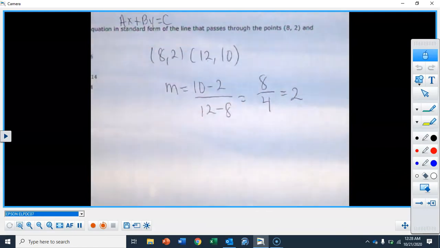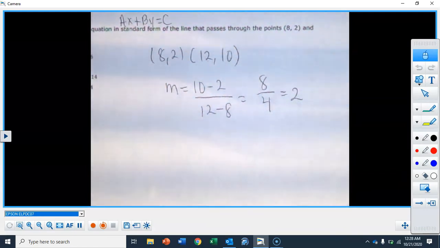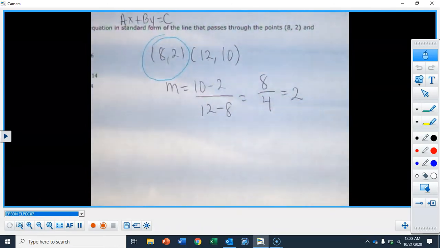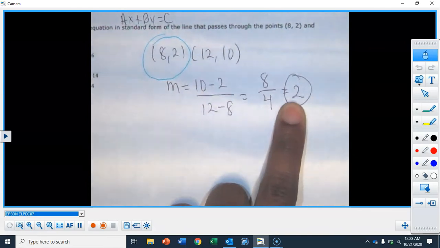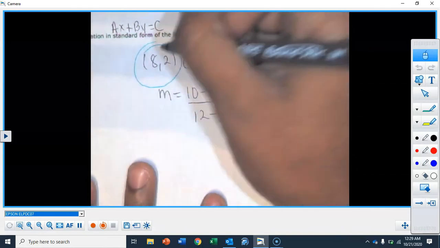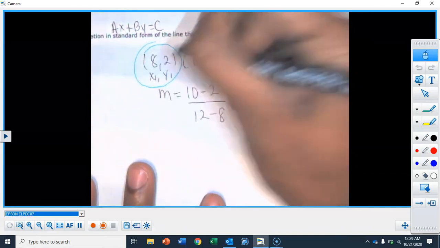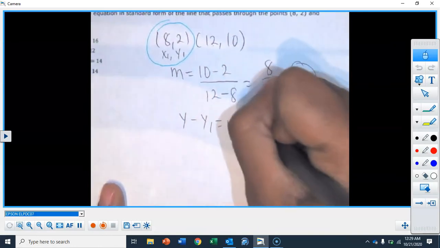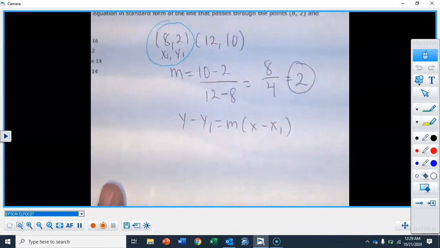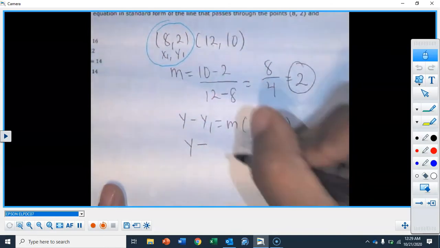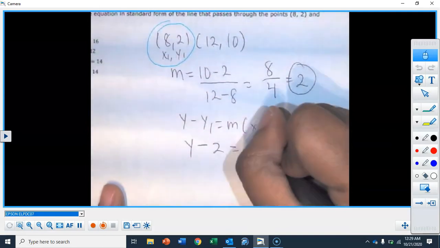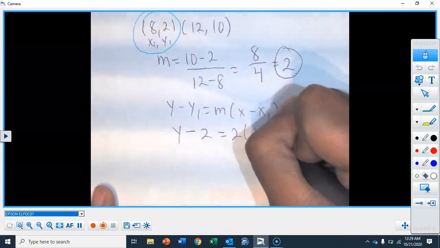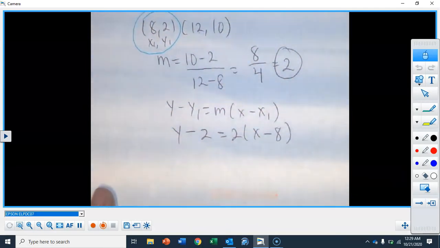Okay? So once we have that, then let's use this point right here. That's our x1, y1. So again, I have my m, I have a slope, and I have a point. Again, remember, this is x1, the bottom one, that's y1. All right, so now I'm going to do y minus y1 is equal to m, x minus x1. I'm moving pretty quick, sorry. Y minus, our y1 is 2, our m is 2. Just plug stuff in, guys. Open parentheses, x minus 8.